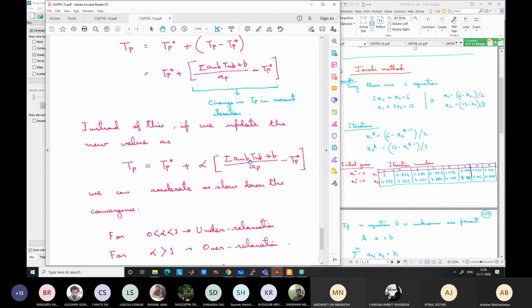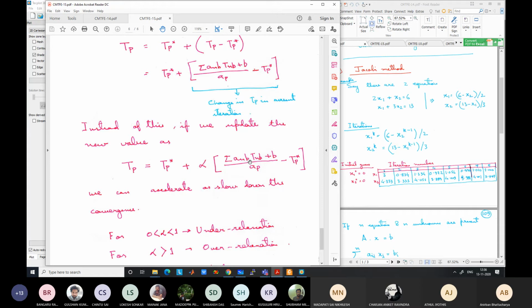The only thing is that you should take the same under relaxation factor for both U and V direction. So if you are taking 0.1 for U momentum, take the same for V momentum also. And you can have a separate under relaxation factor for the temperature equation, the energy equation. Energy equations are generally easier to converge, so sometimes you can take a larger factor, like 0.8. It can be taken larger because there is less chance of non-linearity. Momentum equations have intrinsic non-linearity because of the nature of the momentum equation.